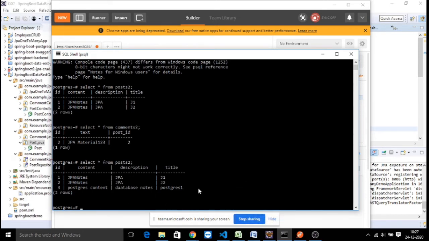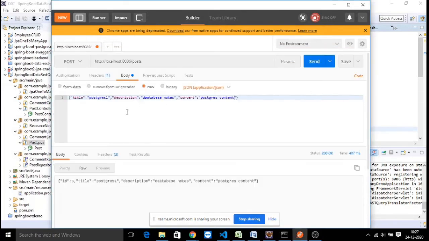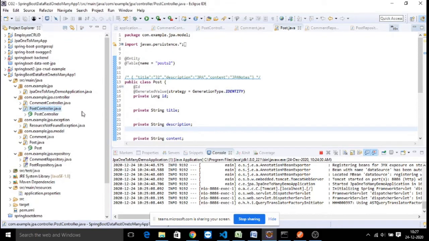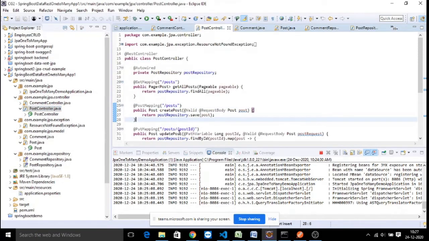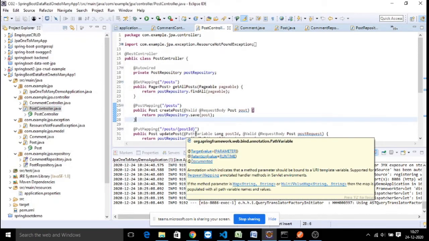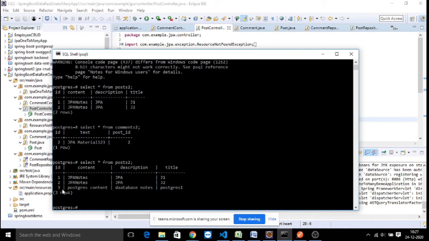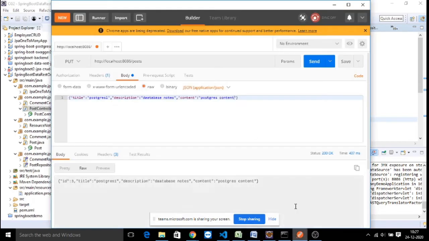So even if you wanted to update a post or delete a post, anything you can do as usual. Let us say you wanted to do a put request for the post. Check the URL for the put request. For this request, you have to give the post ID. The post ID is 3, you wanted to update it. So give the ID 3, and here you wanted to give